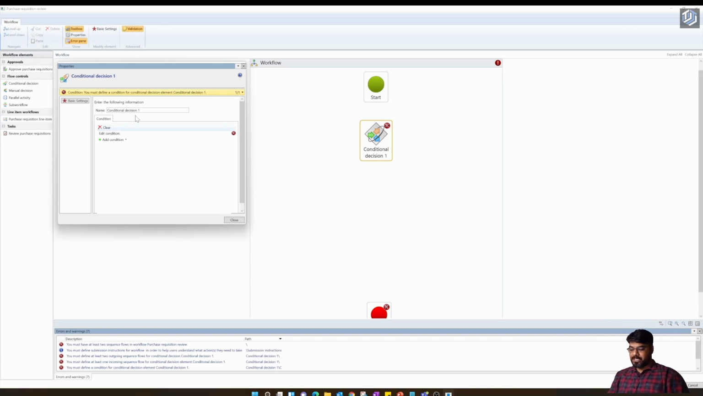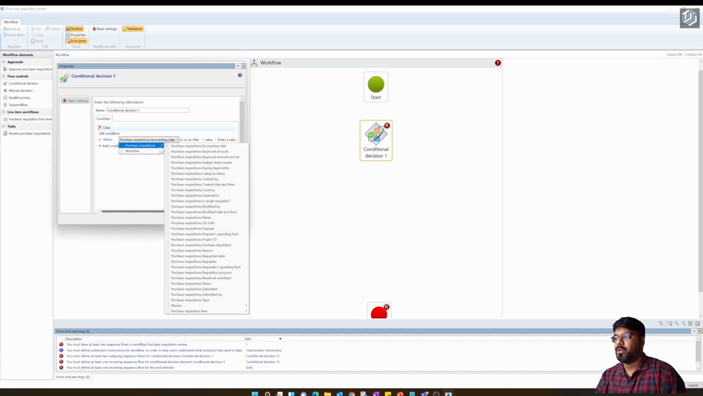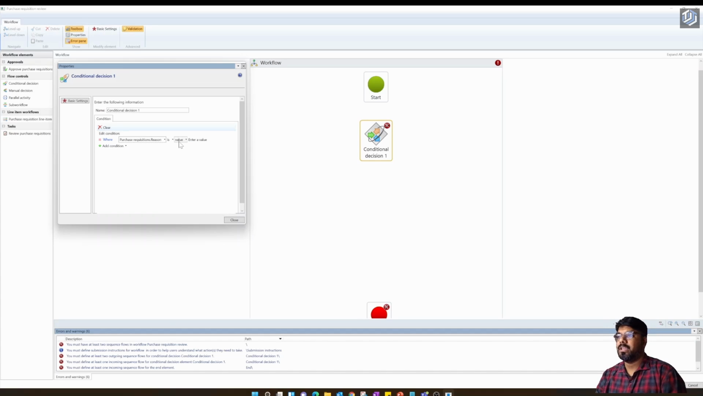In my example, I'm going to make a conditional decision: if my purchase requisition reason code is A, then it will go here. If my purchase reason code is not filled, then it will go to another path. That's going to be my setup for now. So let's create a condition with the purchase requisition reason code. If the reason code is general supply, which means I'm choosing the purchase requisition as a general supply,